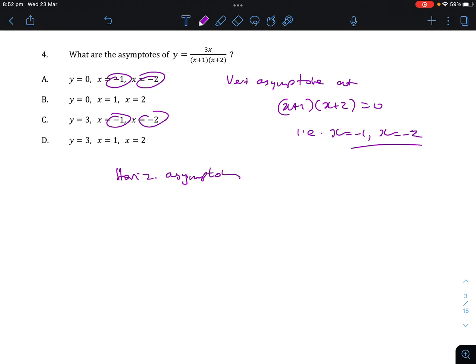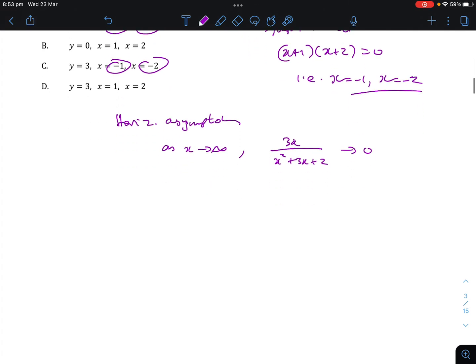So you're looking for, as x tends to infinity, well, it's maybe better written as 3x over x squared plus 3x plus 2 tends to 0, basically. There's more work to do there. You can treat it as an actual limit. It might be better to treat it as an actual limit. You might say, what is the limit as x approaches infinity of that expression, which you can rewrite